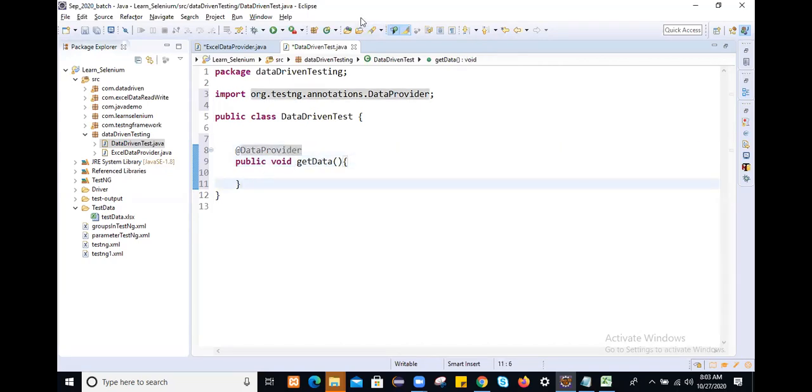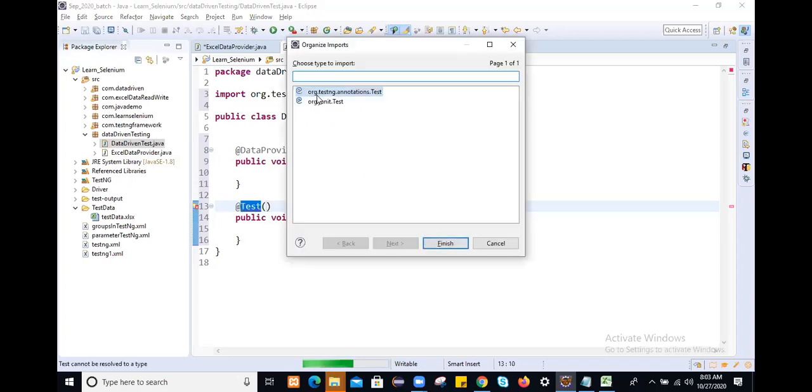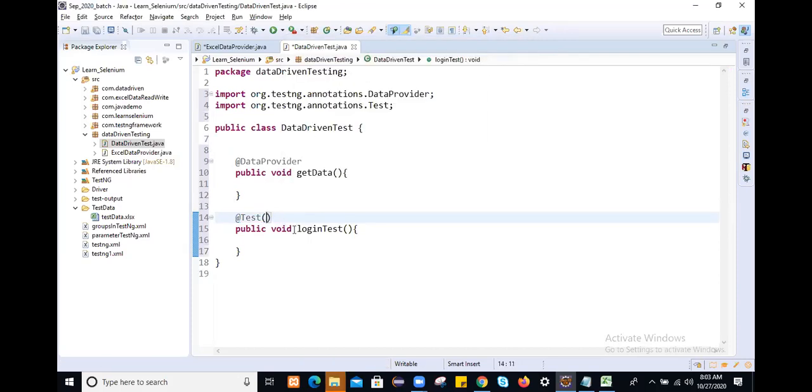Now public void, this is my login test by using data driven testing. I will add the @Test annotation, Control Shift O, and import the TestNG annotations.